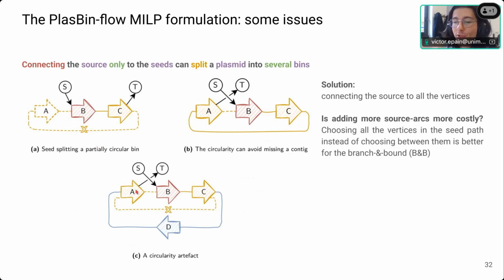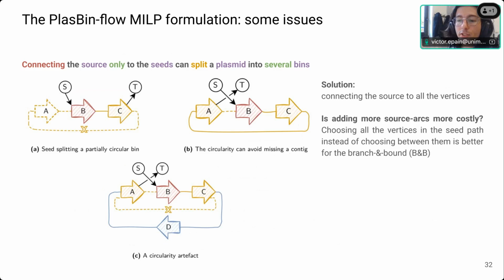Imagine that the solver really wants to take A together with B and C. And if the benefit is great, perhaps the solver will pass through another contig, let's say D, which can be a contig from another plasmid, to connect through paths B, C, and A. And this is a problem because you are using another contig. You can lose in recall for another plasmid, or you can lose in precision in your current bin.